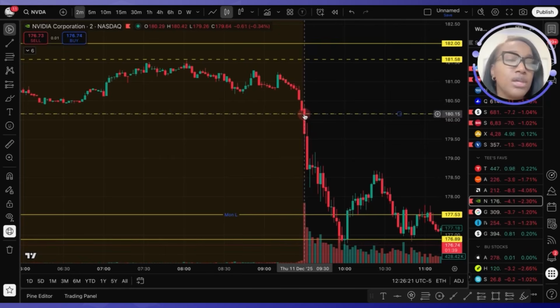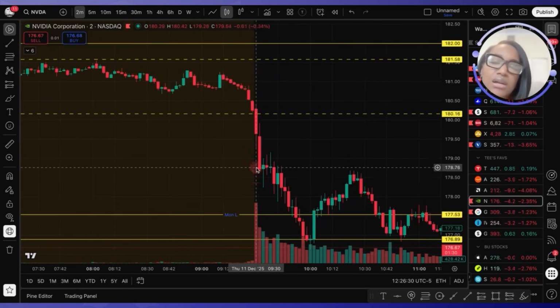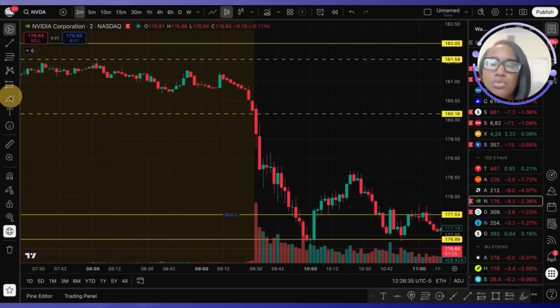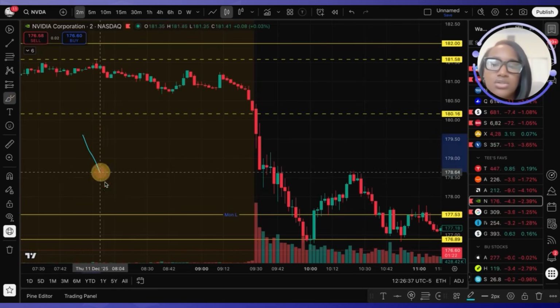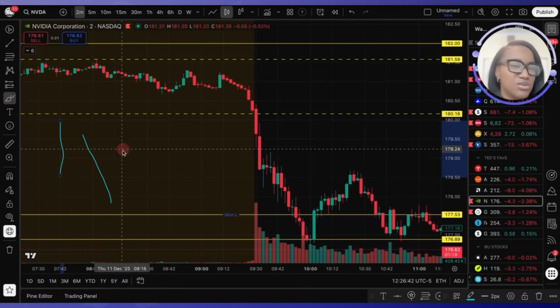But if you know me, you know I'm not just getting in any old where. I look for my setup still, even though I get a break of a critical level. So once I get a push to the downside here, now I'm looking for a pullback. The market does not move in just straight movements. It's not just straight down or straight up. The market moves in a series of ebbs and flows,